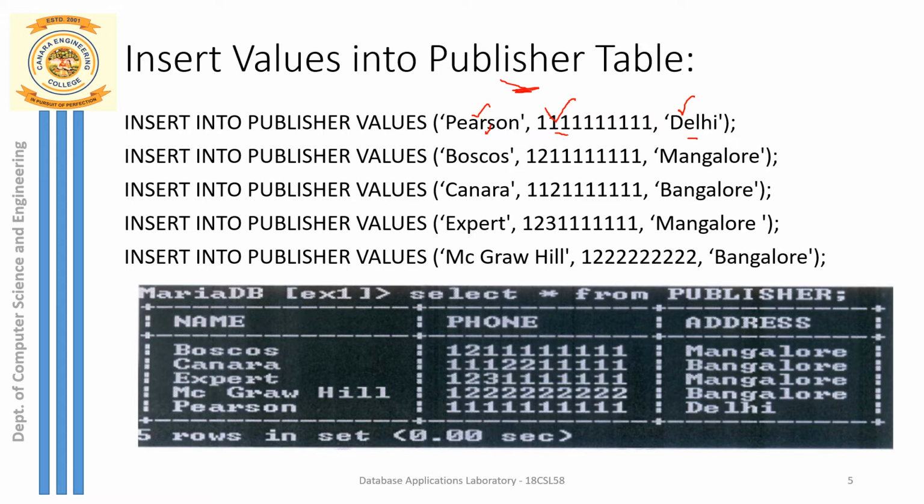And make a note there, the publisher name, since it is primary key, you should enter different values for publisher name. So for publisher names, it cannot be repeating. All publisher names must be different here. You can see here all the phone numbers and the address also is given. Remember the values that you are specifying here can be in uppercase or in lowercase. Not a problem, you can enter the values in any case.